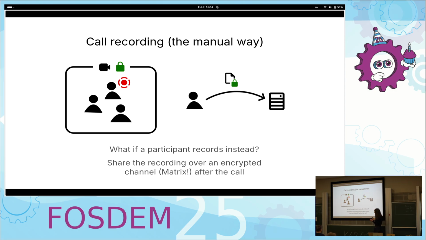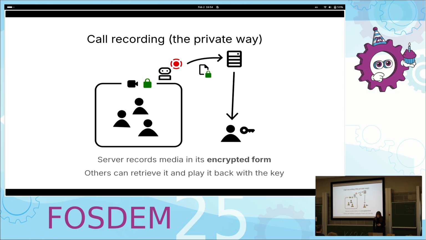But perhaps we could make this somewhat more of an automated process, like just have a button where you click it and then it sends some signal into the Matrix room saying, "Hey, I'm recording this call," so that if other people try to record, they'll know that somebody already has it covered, and then your client will automatically download all the streams and save them somewhere, and then upload it automatically back to the Matrix server. That could be a relatively simple way of getting recording working with end-to-end encryption,